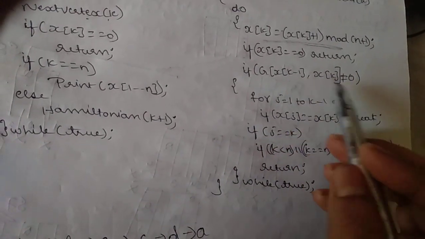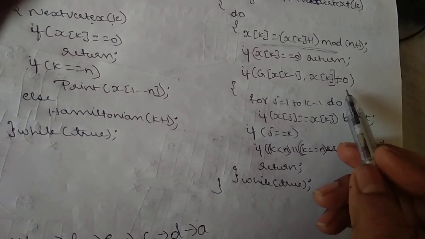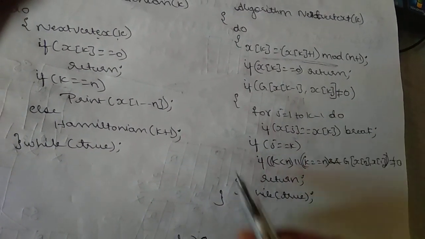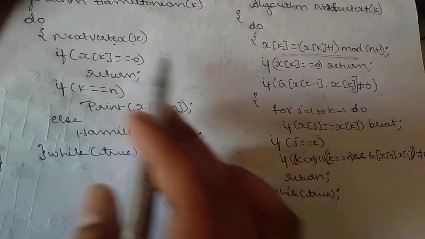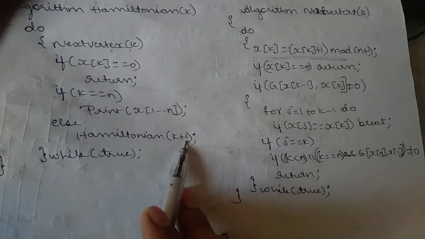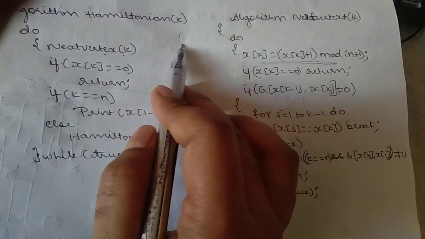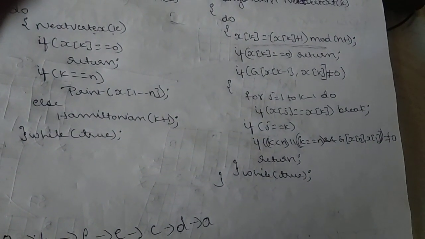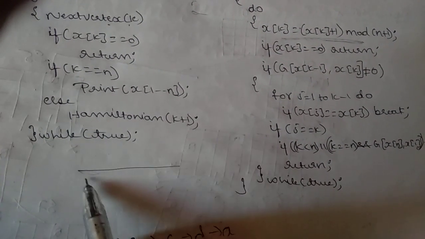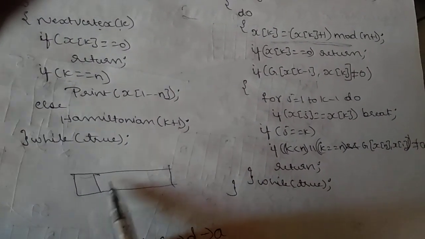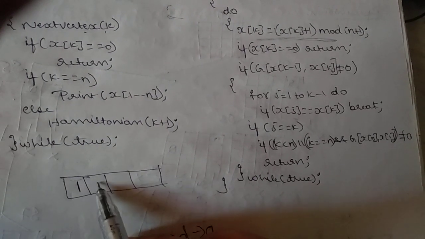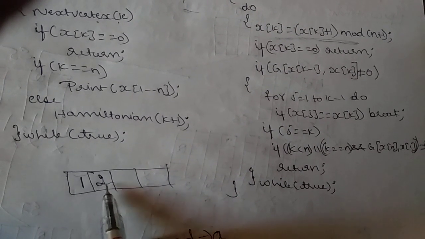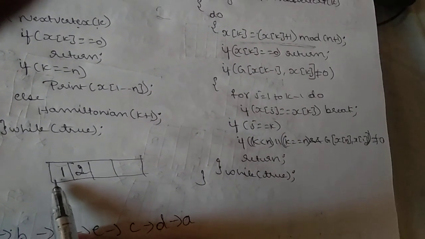And from the cost adjacency matrix, you have to just check whether it is not equal to 0. From 1 to 1, it is 0. Yes, it is 0. So it will not execute. It will come here. It will check all the things and Hamiltonian of k plus 1. K value will be incremented. You will check with 2. If I take 2, then you have to just check whether 2 is present or not. See here, if I have vertices like this, see 1 is present, then the next vertex you have to take as 2. Before taking this one, you have to check whether it is repeated or not.